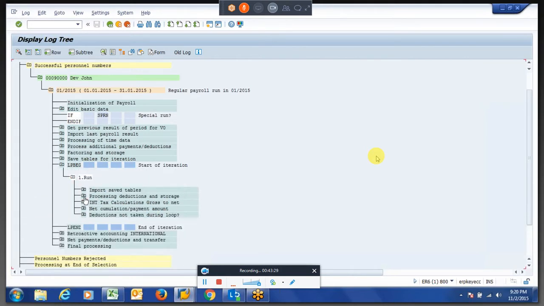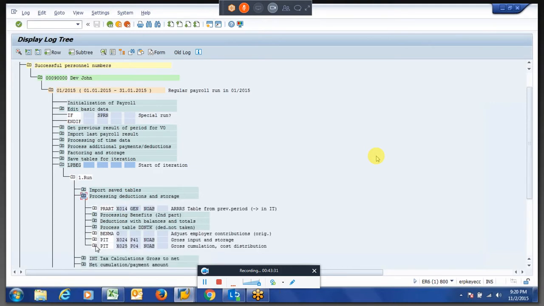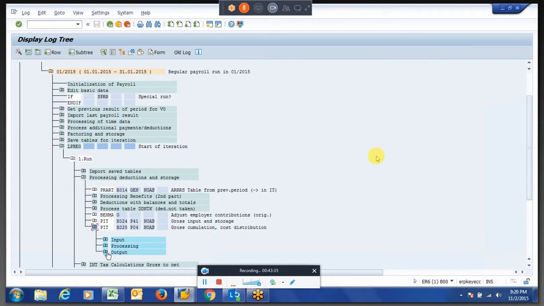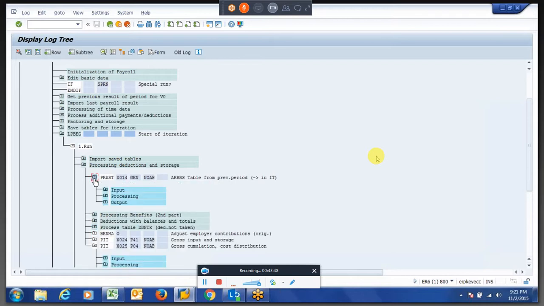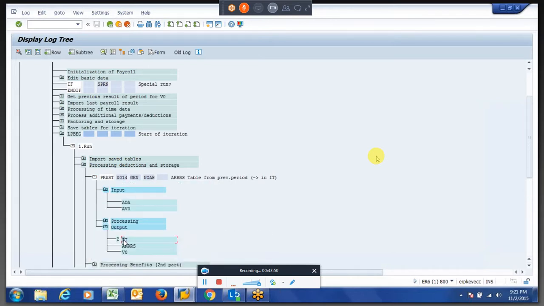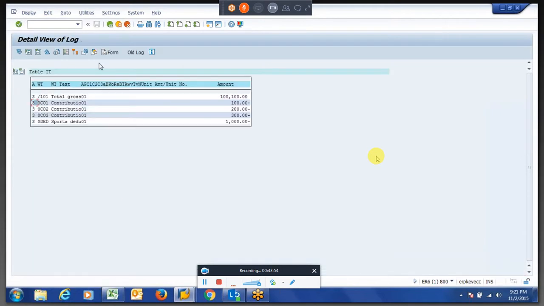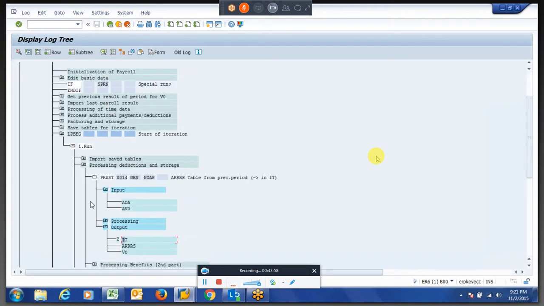If you see the deductions after the subschema, process, deductions and storage, in the IT table the wage types are not at all storing. If you see here, you have all the wage types, but after that, you don't have the deductions.